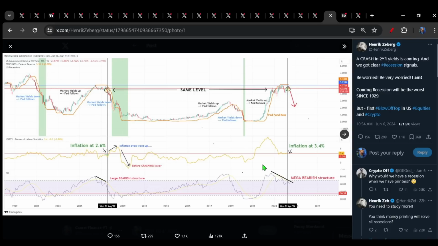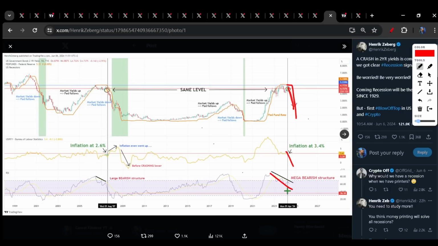Here's another look at the importance of the 2-year bond yield. We see the 2-year bond yield lower, leading the Fed funds rate, particularly if inflation can have this snapback towards deflation, or on bearish divergence, oscillator divergence that is, for the 2-year yield. And we can see that this looks very, very similar to what we saw back in 2007 to 2009. We saw the 2-year yield lower, the onset of a cutting cycle, and all of this against bearish oscillator divergence.